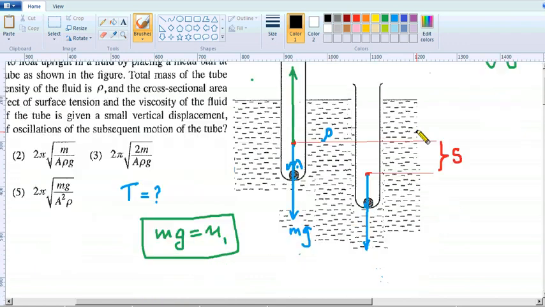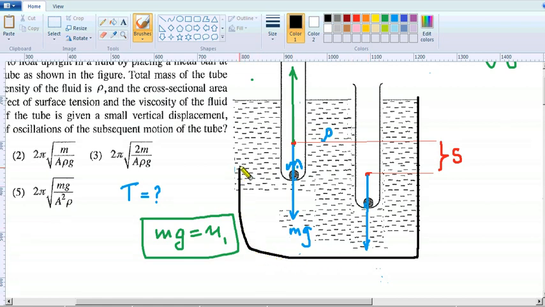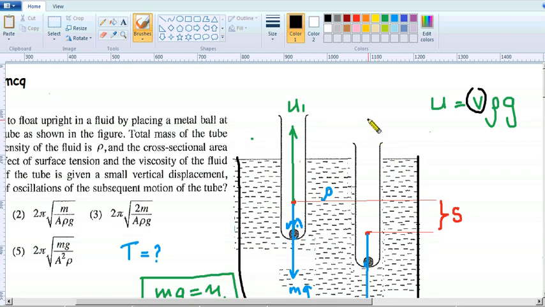So imagine that all these objects are in a beaker or a vessel like this, with the brim of the vessel at the same level as this water level. So before we put this test tube into the water, and after pushing it into the water, what happens? The water spills out,